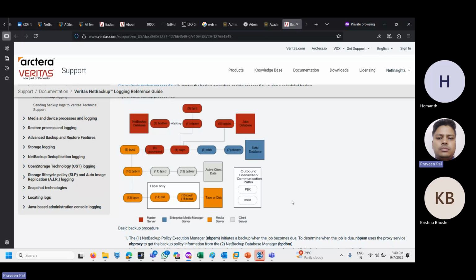First, in this diagram we have the Netbackup database. This is called the NBDB, Netbackup database; in short form we call it NBDB. The first process is NBPAM. So what is this NBPAM? NBPAM is the Netbackup Policy Execution Manager. What happens is, it